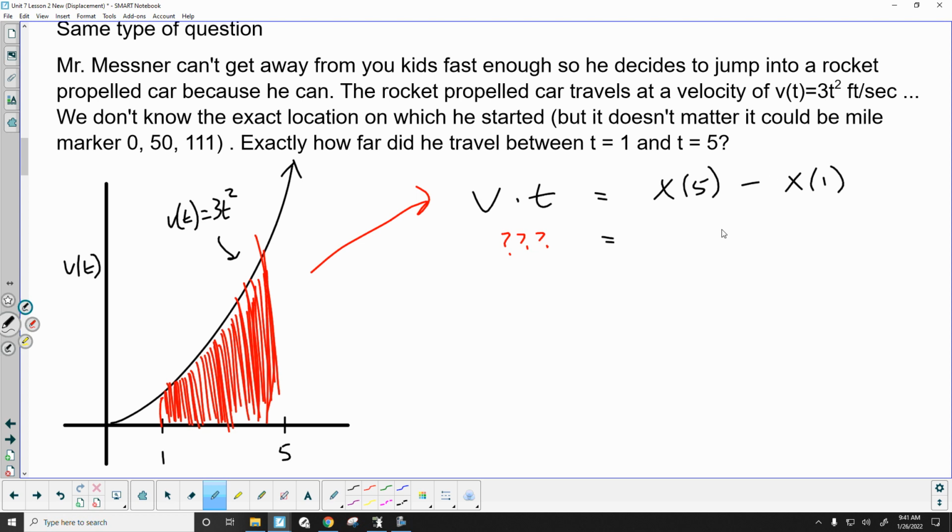Good. We know that you take the antiderivative of v and you get x. Now, the problem is I have a plus c, and I did not give you an initial position. I did not give you any position to plug in to find c. But watch what I can do. If I plug in 5, and if I plug in 1 and subtract them,